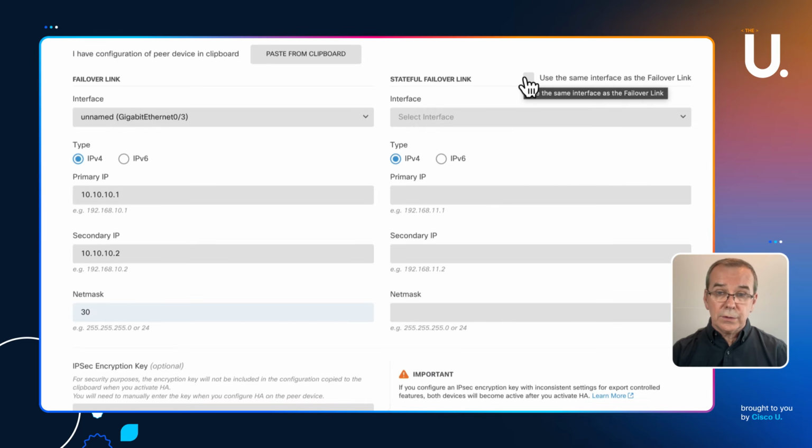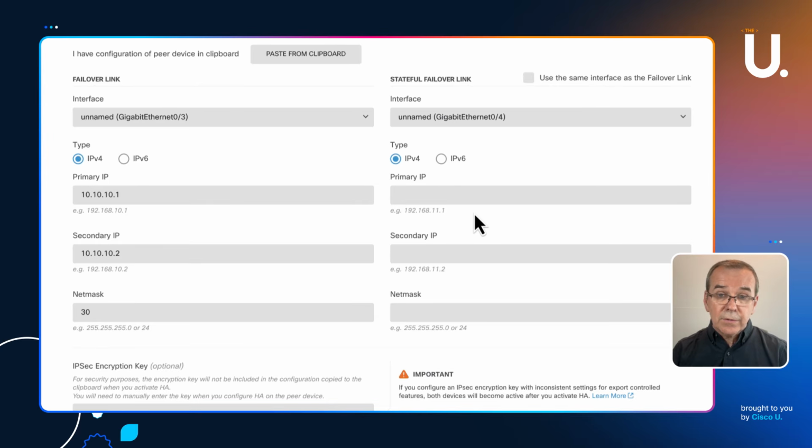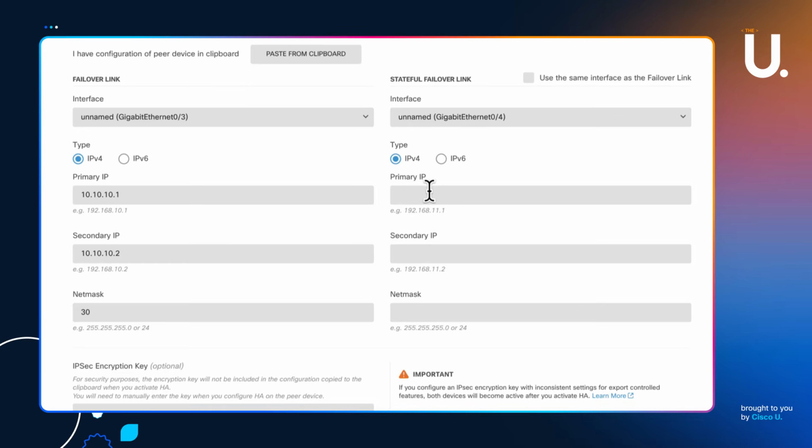if you've only got a small number of interfaces available, you might want to share the same interface. If you've got a hardware appliance, one good possibility would be to first of all set up an Ether channel, and that would give you additional resilience. My demo environment is virtual, so Ether channel is not an option, but I do have spare interfaces. So in this case, I'm going to choose a separate interface, 04. But to reiterate, you can share the same interface. I'm going to put these on a different subnet. So this is going to be